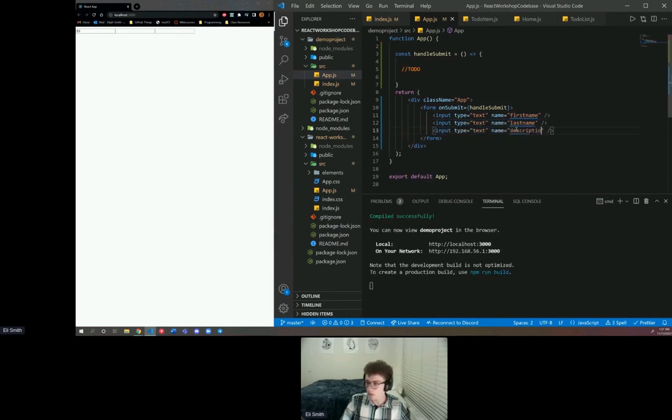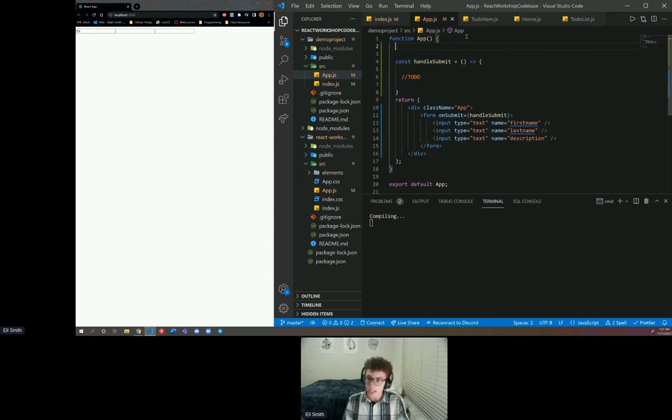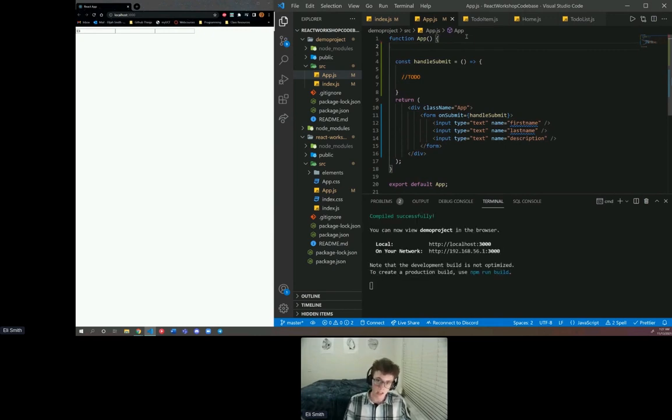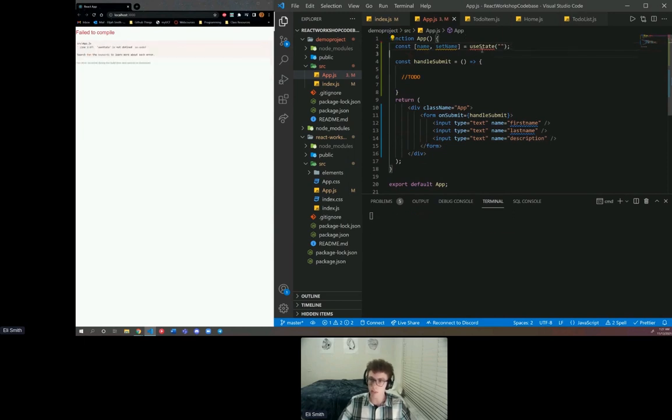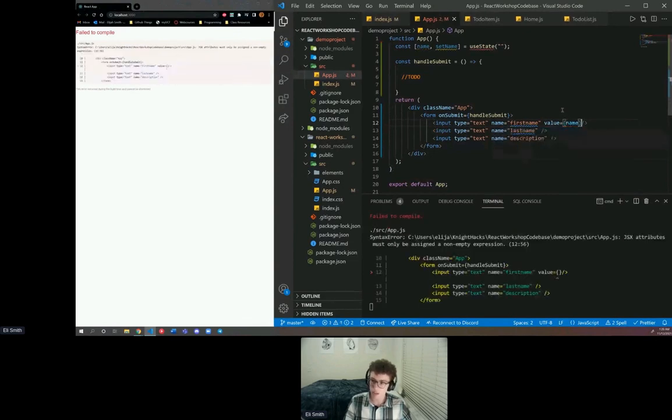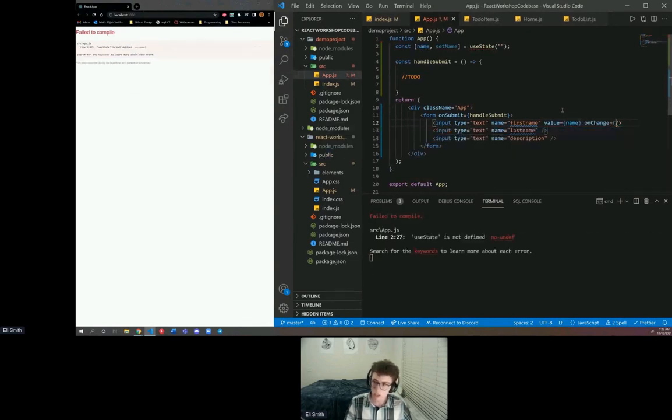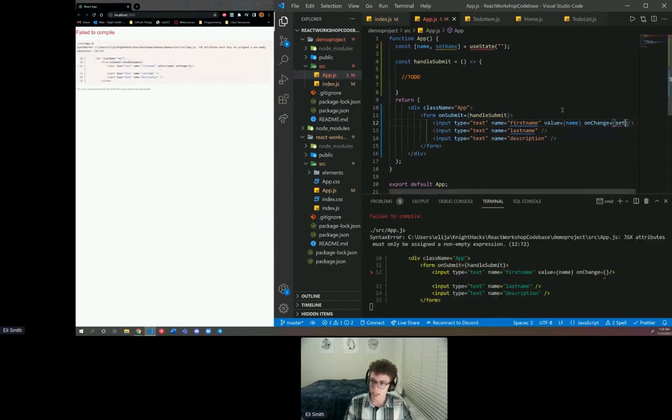All right, so what we can do is create state elements that handle the values of our inputs. Let's make one really quick just to show you how we would handle it. Let's make a name value and a setName state, useState, and our default name is going to be nothing. It's going to be empty. And we can control what value is in our input and update it using the value property. So our value is going to be whatever our name state is. And then onChange, we can specify in here that we want to set name to be